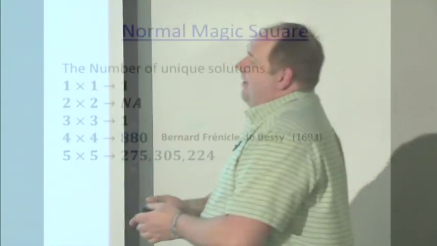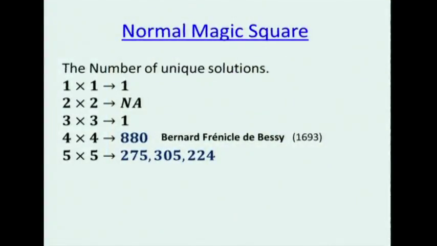Here's some other ones. We proved that there was a 1 by 1. There's only one 3 by 3. Bessie did it in 1693. On the other side of your handout, when Ben Franklin is communicating with one of his friends about magic squares, he mentions Bessie. There are 880 4x4s. You can read all of those. You can inspect them for yourselves. They're published online. And for 5x5s, there's this enormous number, maybe. Maybe there's more. Maybe the computer made a mistake.